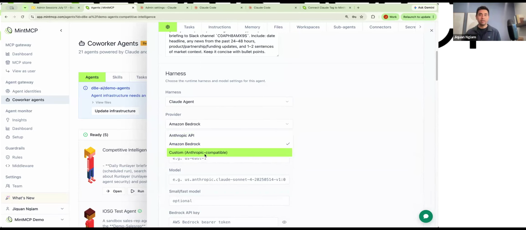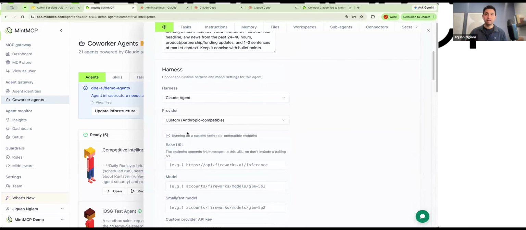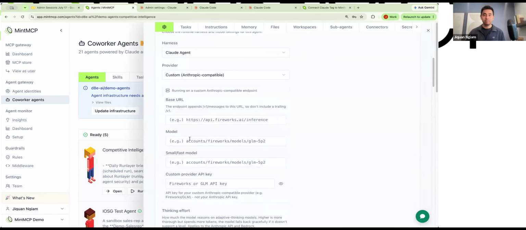And maybe what's more exciting today is that you can also put in a custom Anthropic compatible endpoint and make it available. We have tested this with the Fireworks endpoint for GLM 5.2. It works, but does require a little bit of tuning on the instructions for the agents. And in these few days, you'll probably be excitedly trying out Kimi tree and seeing if it is actually a model that exceeds Opus. If it does, that really gives us an avenue to get all these capabilities without being too coupled to Claude and Anthropic, or OpenAI.